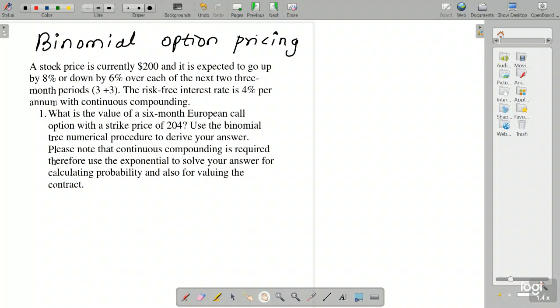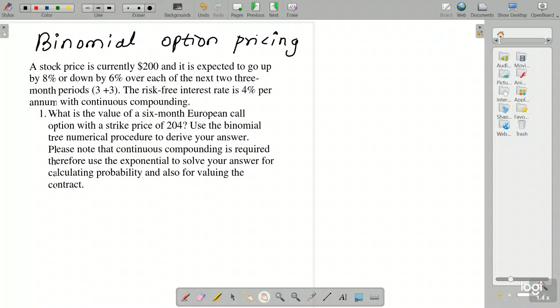Then the required information given in the question is the risk-free rate of return, and we also happen to know that it follows continuous compounding. So we will look into what this continuous compounding is, what RF is, and what these percentages of 8% and 6% mean. For the first step, we will go very slowly, so that you do not omit any steps and do not find any problems that you are not able to understand. So please just be with me.